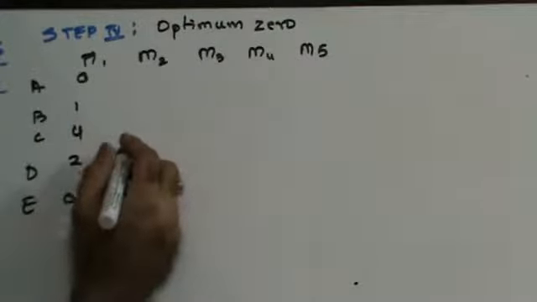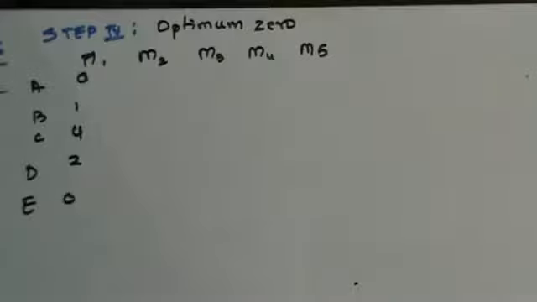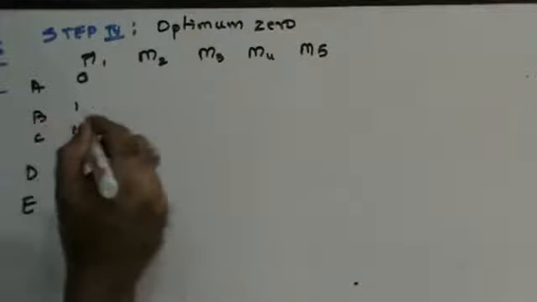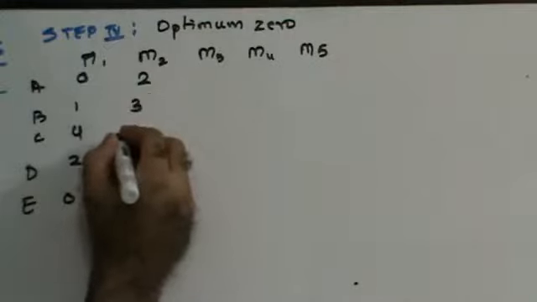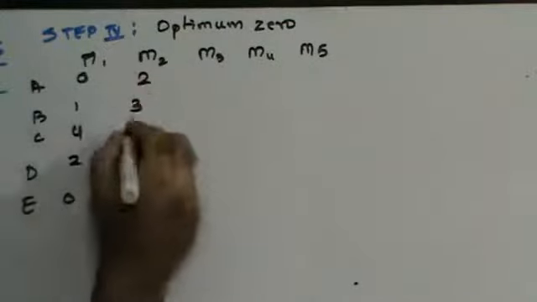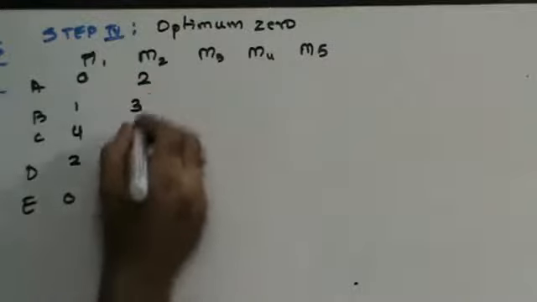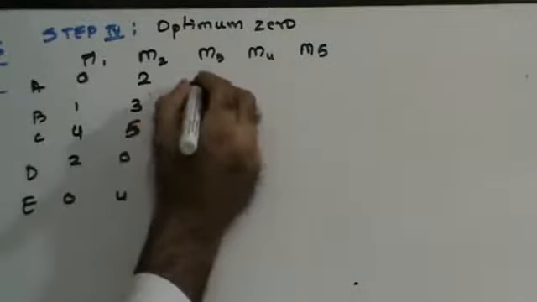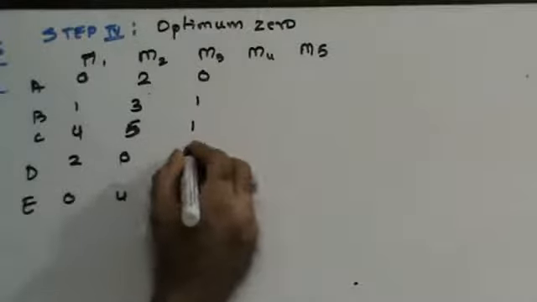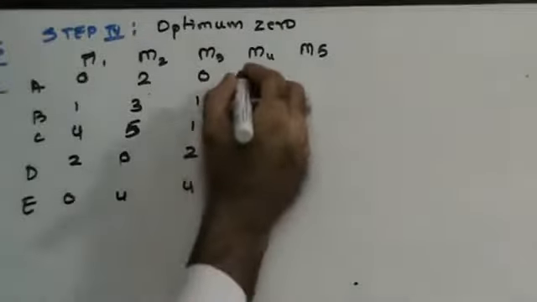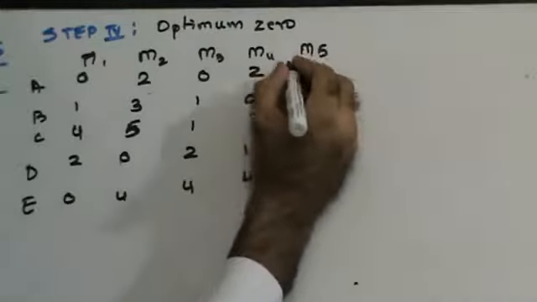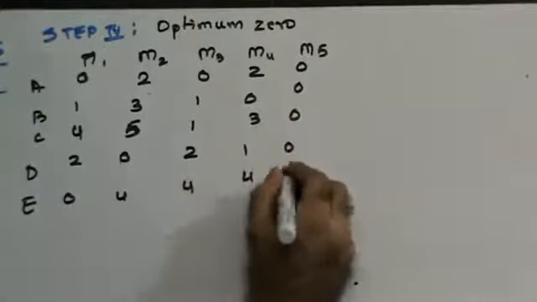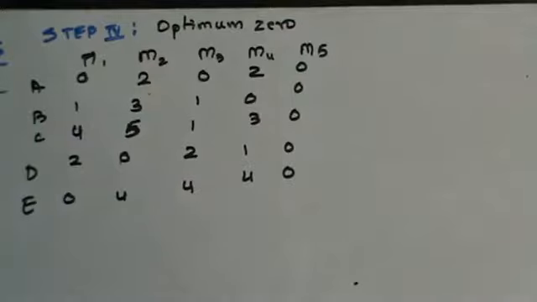Then you have 2, this is going to be 2, 5, 0, 2, 3, 5, 2, 3, 5, 0, 4, right? Then you have 0, 1, 1, 2, 4, then you have 2, 0, 3, 1, 0, this is 0, 0, 0, 0, 0, right? I need to find out optimum 0.